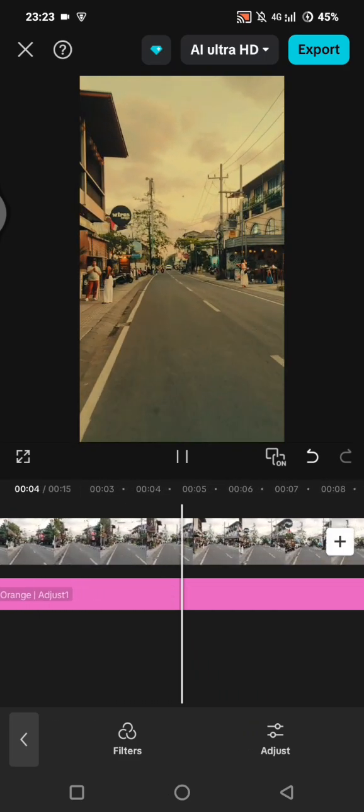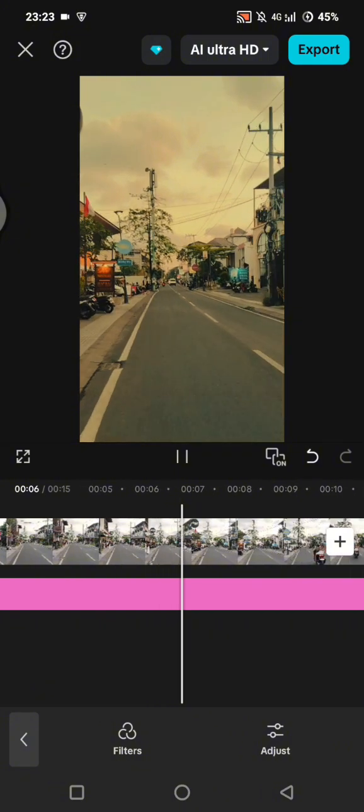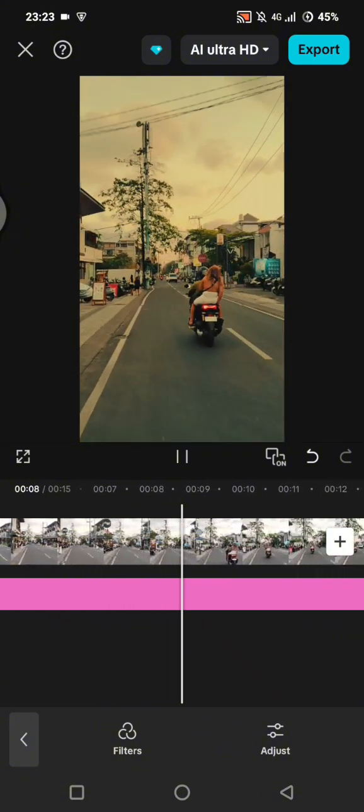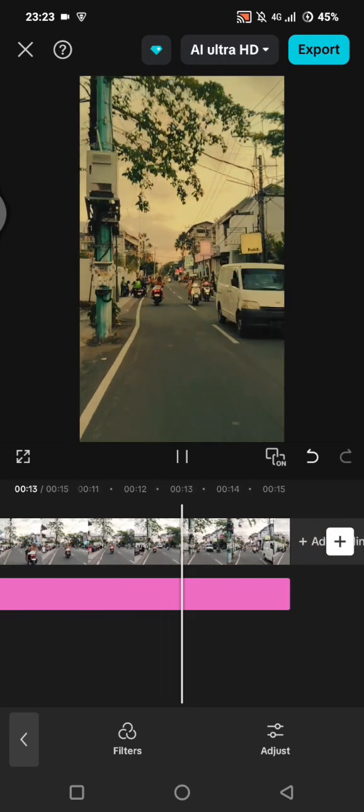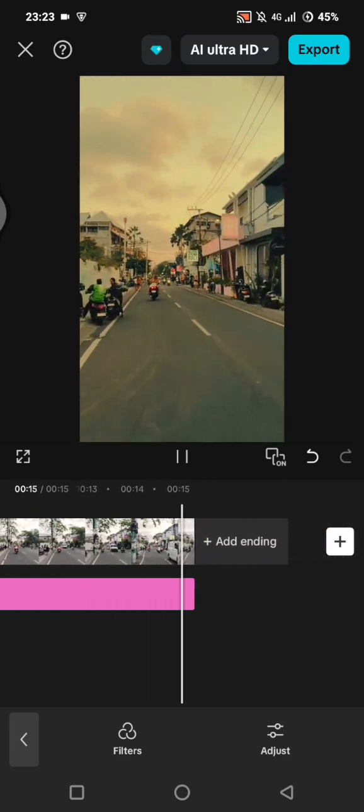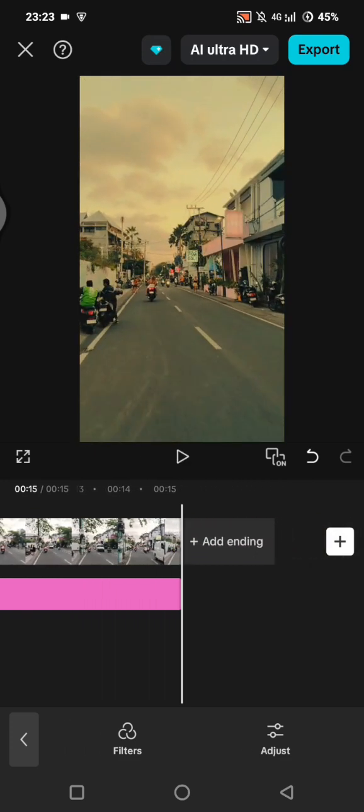Okay, so that's pretty much it. So this is how your videos will turn out. Whether you're a beginner or want to level up your edits, this cinematic editing tutorial will help you create scroll-stopping